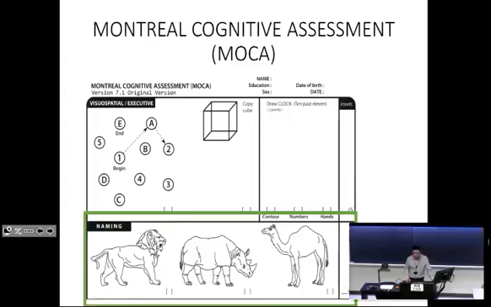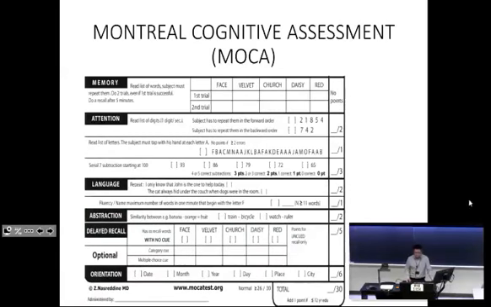looks at other things too. So for instance, semantic recall, this is part of your sort of long-term fund of knowledge, which plays into naming. And just anecdotally, everyone gets the rhinoceros wrong. It's a hippopotamus for some reason. Incidentally, if people say it's a unicorn and they come from the Middle East, it's actually okay, because that's a direct translation of the word in those languages. Yeah. And I learned that early in fellowship. And remember, this is a test of their semantic knowledge, not of their English.